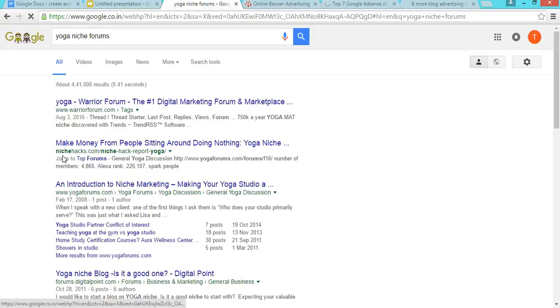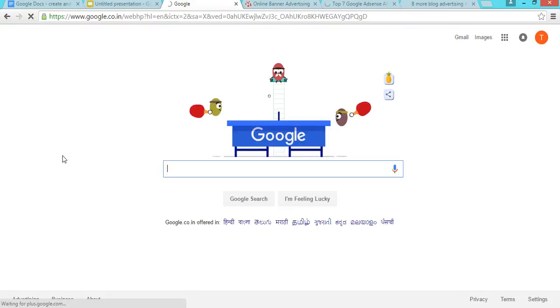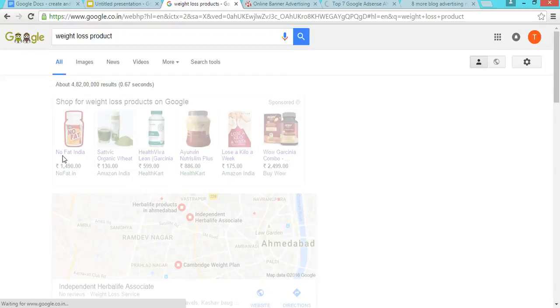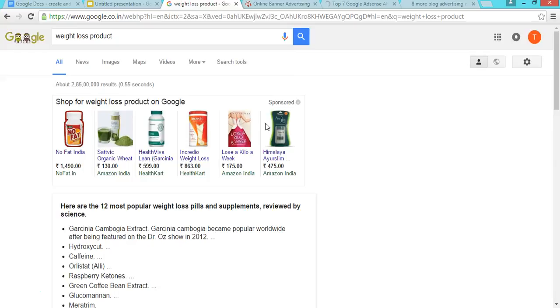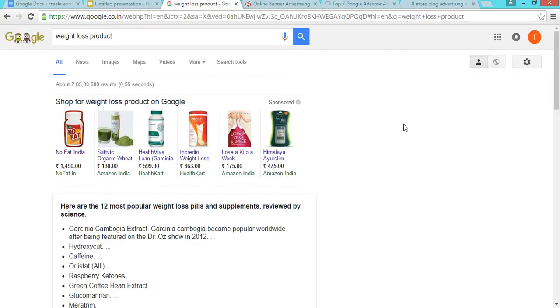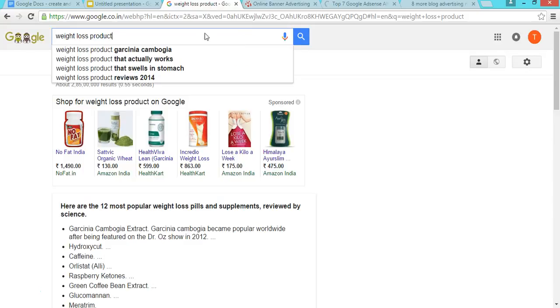So depending on your niche, if you are in the weight loss niche, then you can search the weight loss products. So you will find lots of weight loss products, and then you can directly contact the owners of these products and ask them whether they would like to display advertising on your niche or not. So this is a direct way of finding the